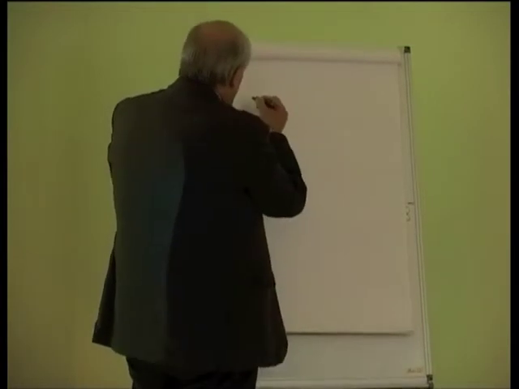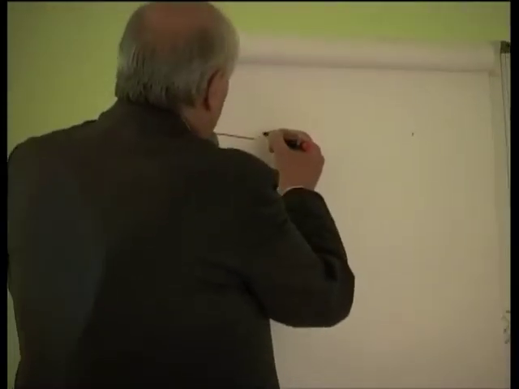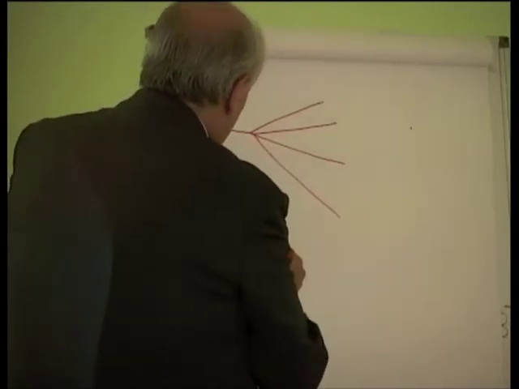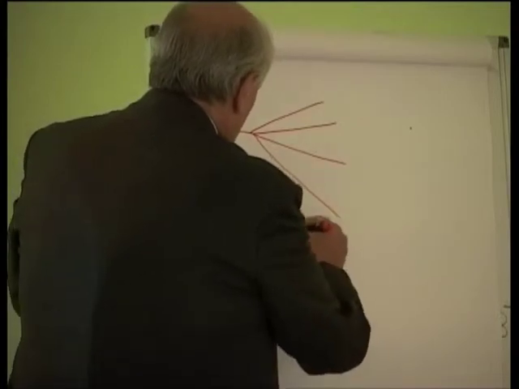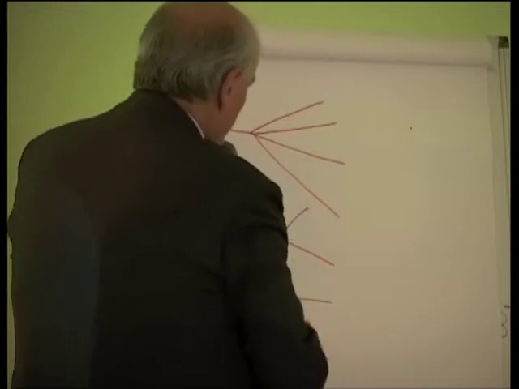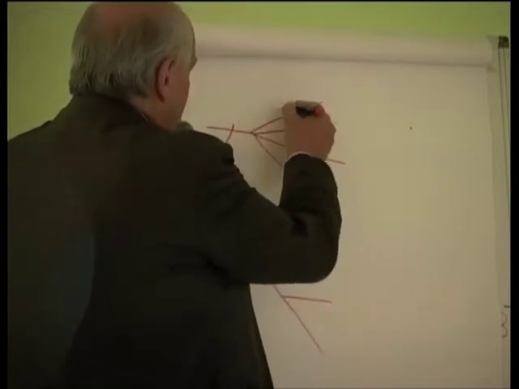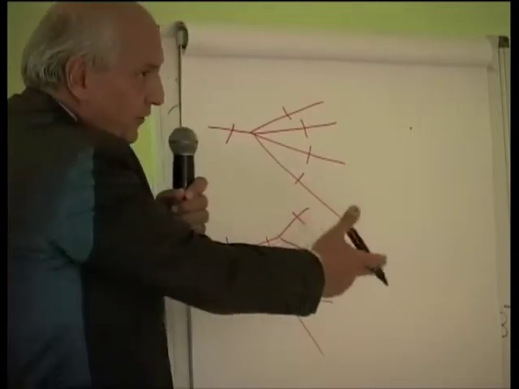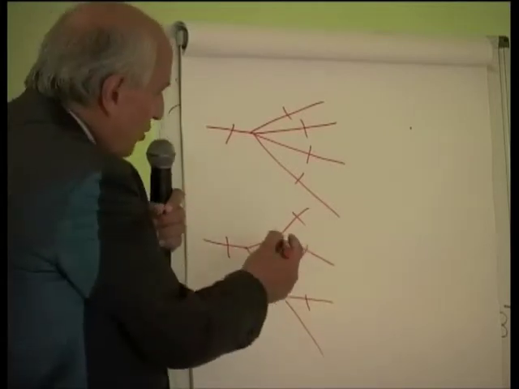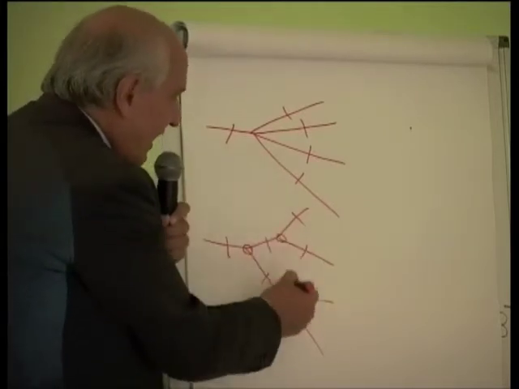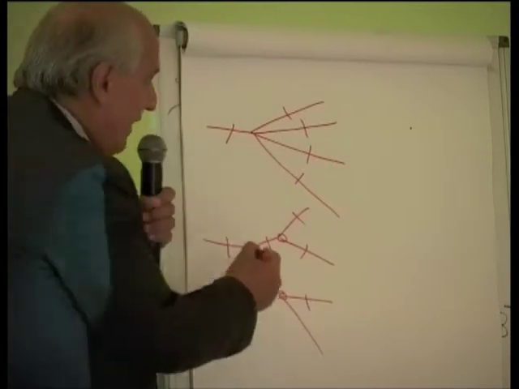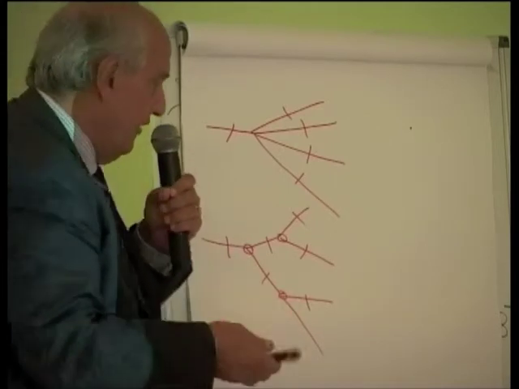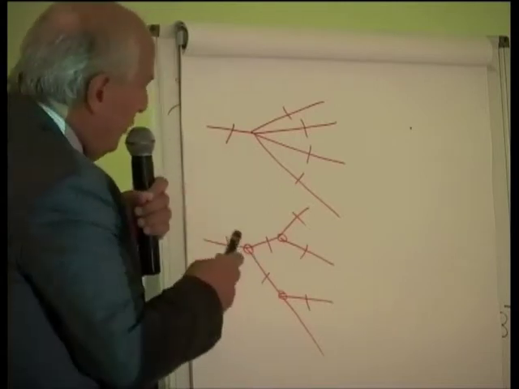A very simple example. This is a splitter, 1 by 4. And this is a splitter, 1 by 2, 1 by 2. This length plus this, plus this, plus this, plus this is more than this, if you reach, of course, the same houses. So the reason for using cascade splitting is to have less fiber in the field. You save on the cost of the fiber, the installation, everything. However, you must